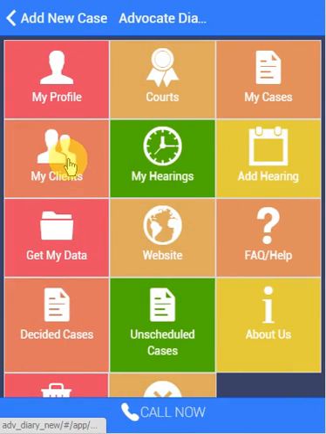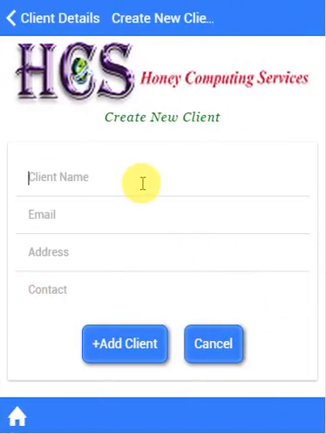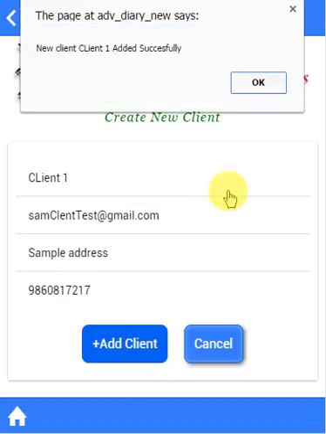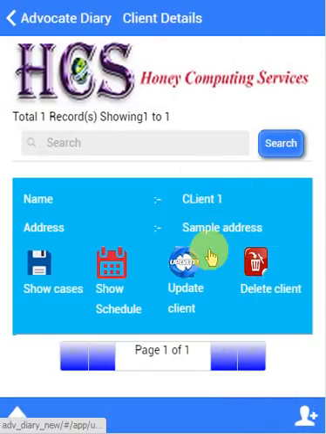I will have to add the clients also. For example, client 1, email is samclient@gmail.com, a sample address, and a sample mobile number. As soon as I click on add client, it has added the client.